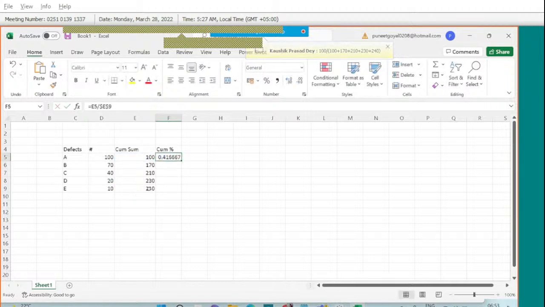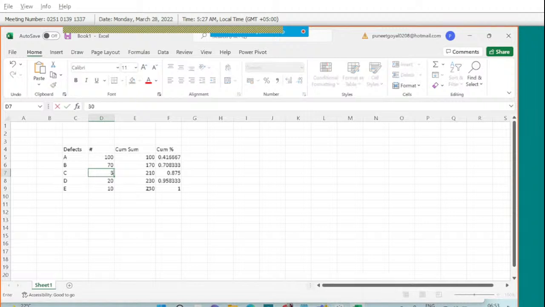Basically, I will say equal to this number divided by the overall total. Okay. And if I keep dragging it down, I will be able to get the number up till here. Let me reduce this number to, suppose, 30. And over here also I will apply the formula only, so that if I change something, the number will change. This plus this,